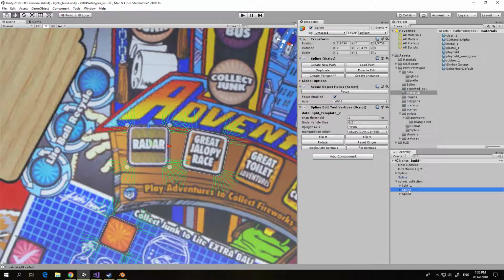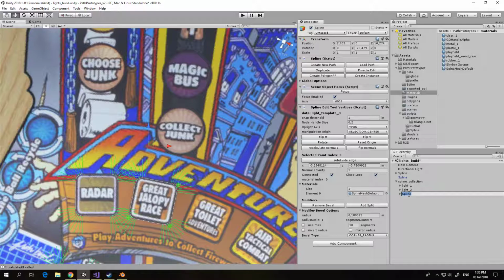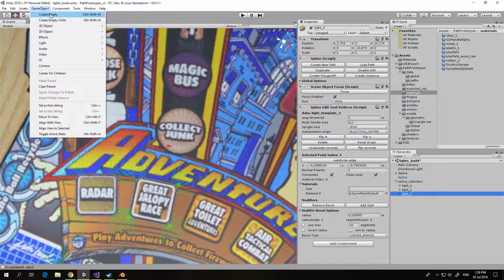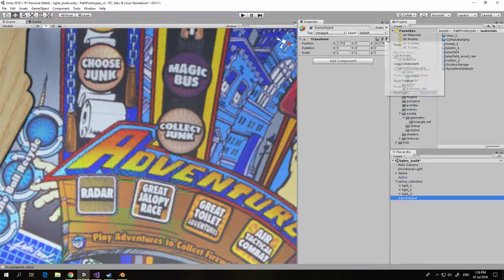Give this one a name. This one lastly. Okay, great. Let's create another game object, and we'll use this. We'll call it